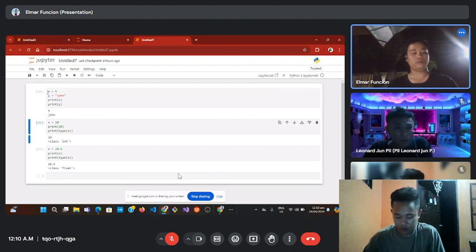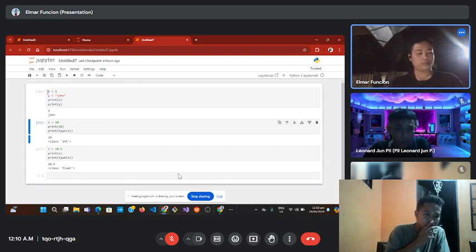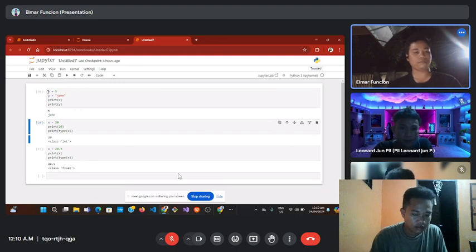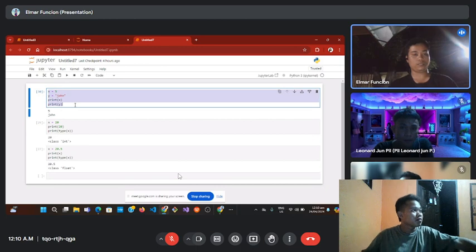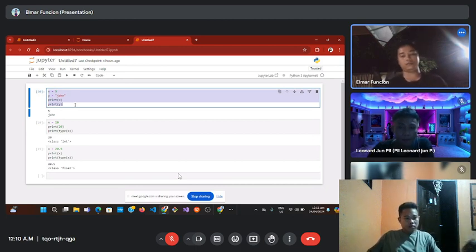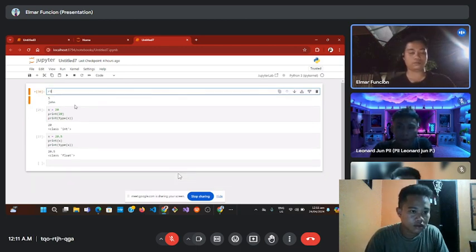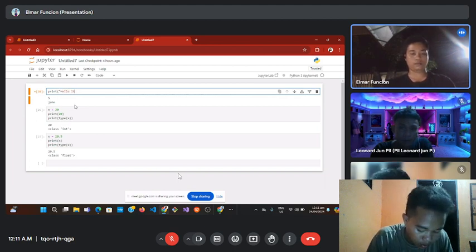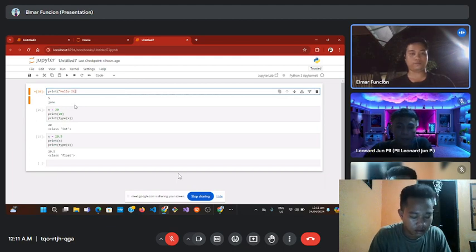So next is the string. In the string variables, let's try the print method. Here you go. We're just going to type print, double quote, hello IT, don't forget the double quote.